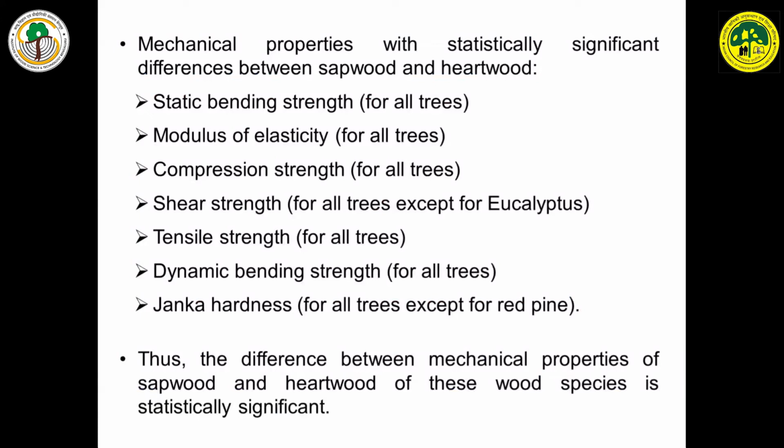In eucalyptus, there was not much difference. Tensile strength for all trees and dynamic bending strength were also different between the sapwood and heartwood. The difference was significant. And hardness, except the red pine, was also significantly different. So the difference between the mechanical properties of sapwood and heartwood of these tree species are